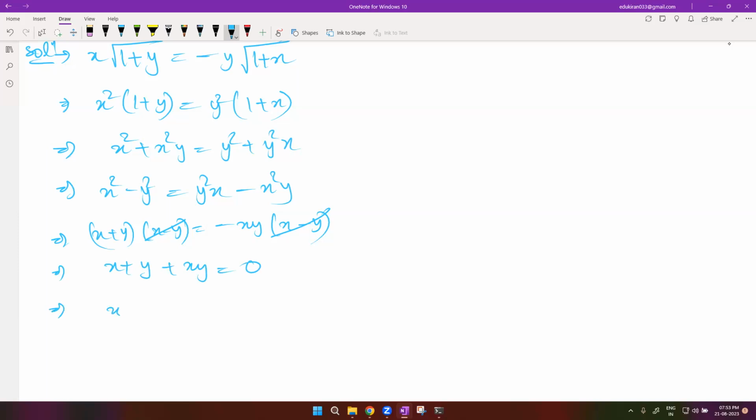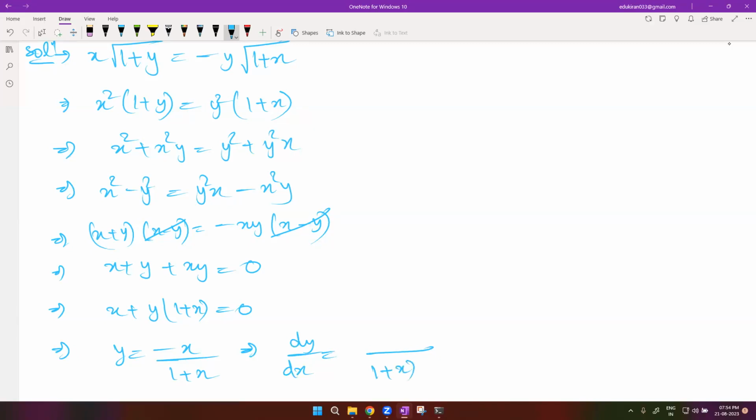So I'm taking y common from second and third term. So your value of y is nothing but this. This x goes to the right hand side, this becomes minus x. So y into 1 plus x is equals to minus x, and then 1 plus x also goes to the right hand side. So your dy by dx would be the differentiation of minus x upon 1 plus x, which